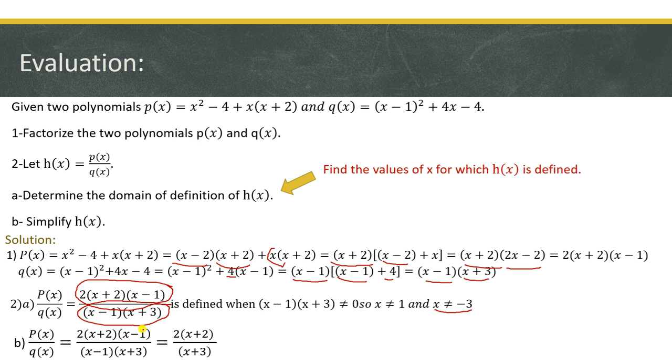Okay, in the numerator we have x minus 1 and in the denominator we have x minus 1. You can simplify. So p of x over q of x, which is equal to h of x, equal to 2 into x plus 2